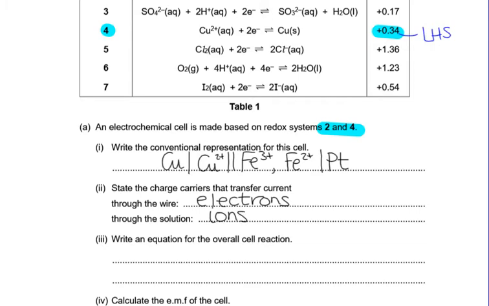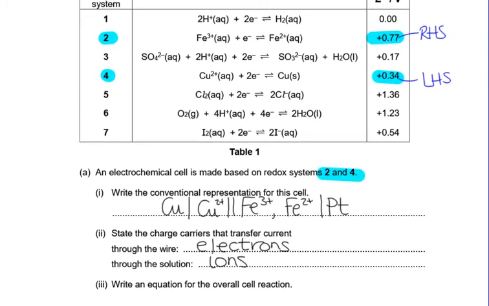And then we have to write an overall equation for cell 2 and 4 together. So remember that the one on the right hand side gets to go forward the way it's written, and the one on the left hand side gets to go backwards. And we need to make the electrons match. So at the moment we would need to double all of this top one in order to make them both have 2 electrons,